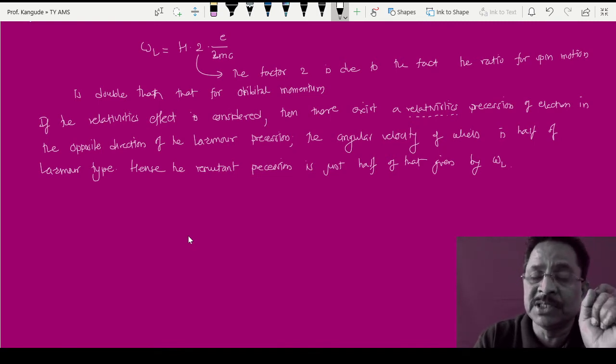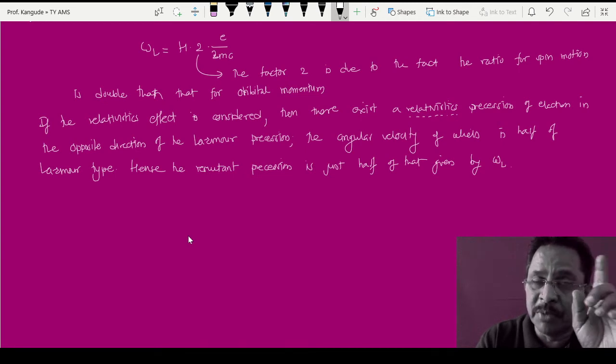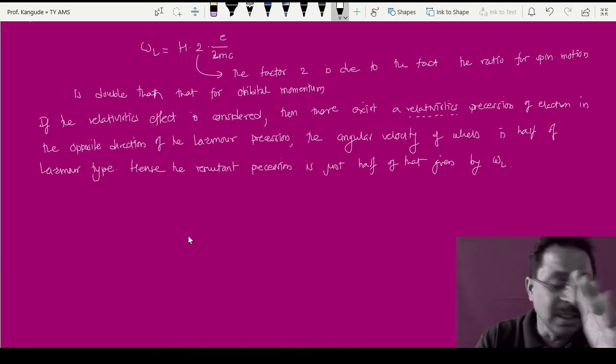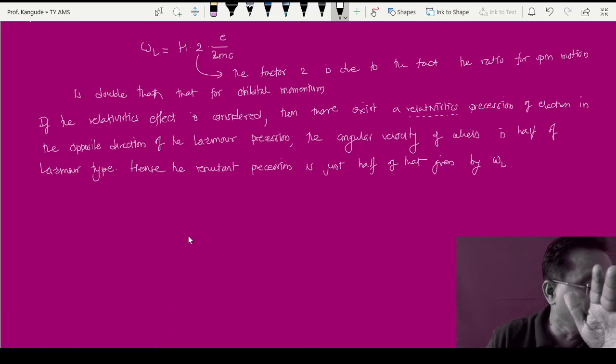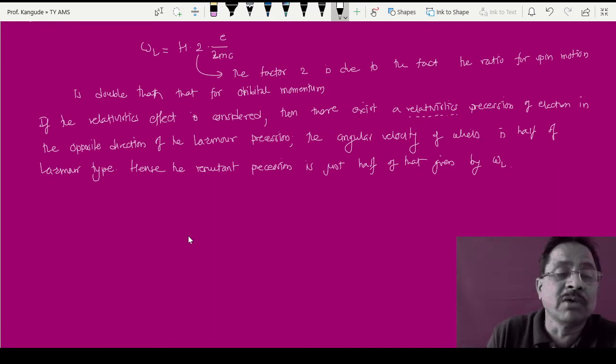If this effect is considered, whatever effect is produced by this number 2 we have written in the earlier derivation can get reduced, and therefore the resultant angular velocity